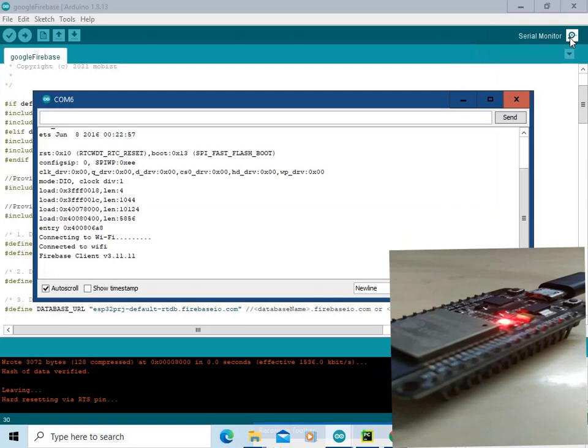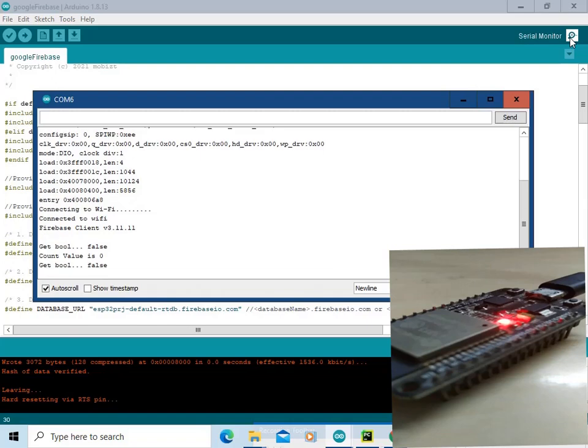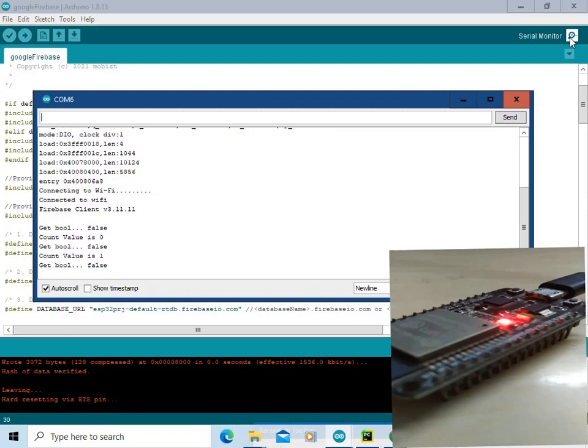So now the ESP32 board is connected to Wi-Fi and the Firebase. So you can see that bool type variable is false and count value is getting incremented by 1, and it is sent to the Firebase platform.